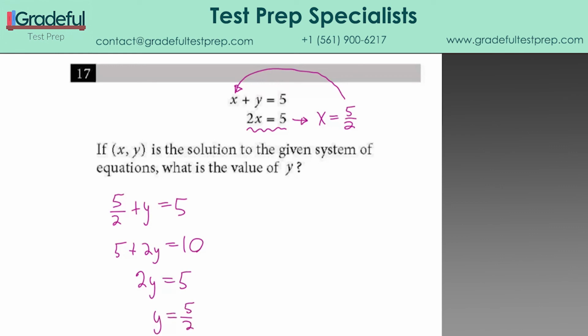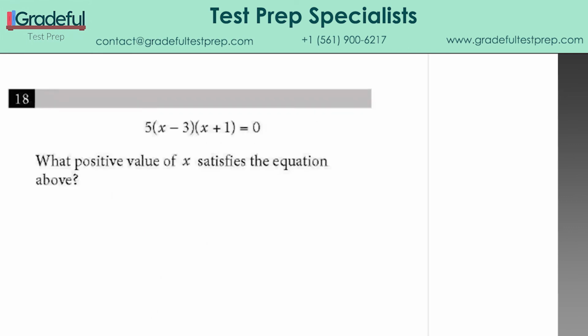And that's our answer for number 17. Question number 18 is asking us about the zero product rule. And just to give you a little background on that, I'm going to lay out something that I call the quadratic sequence. It's just the nice, easy thing that you do whenever you're solving for the zeros or x-intercepts of